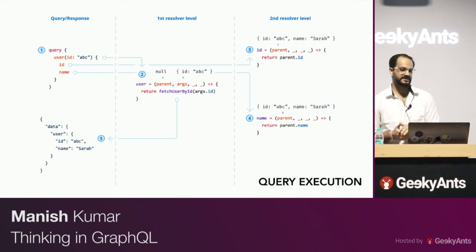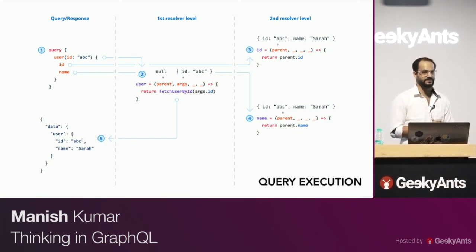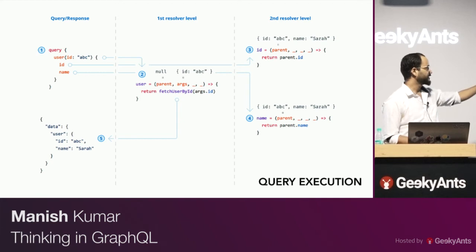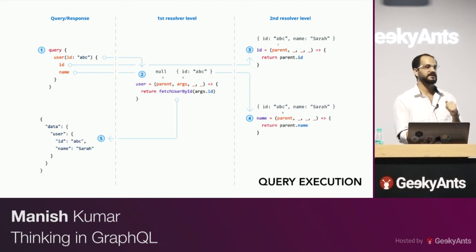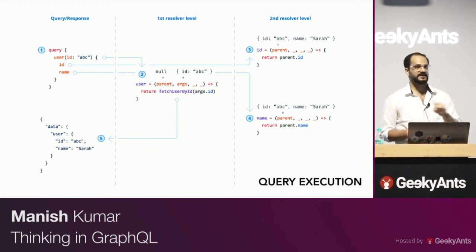The execution steps are like this. It first resolves for user. When it tries to resolve for user, a resolver is written like that. What you are looking at is parent, arguments, and then there are a couple more arguments to it, which is context and info. Since the GraphQL query can be nested, the parent is what you get from any of the nested fields' parent. Arguments is anything that you have passed in that. And then the context and the info.